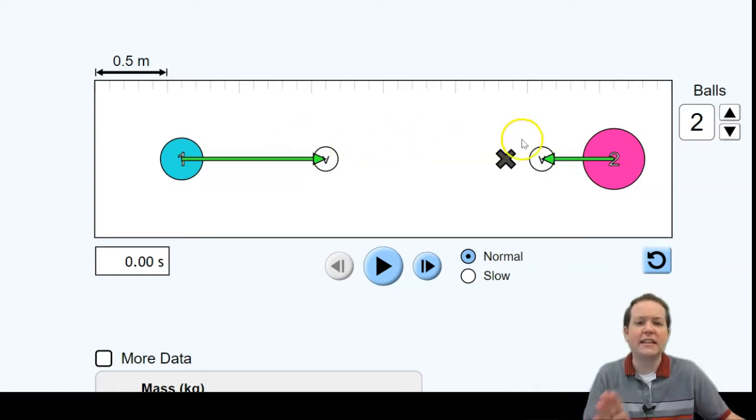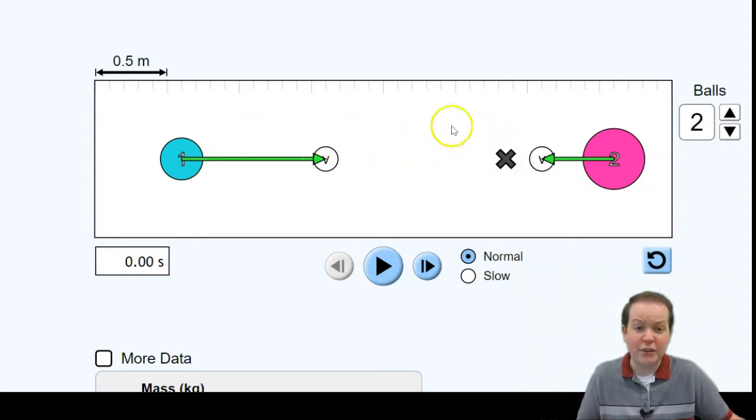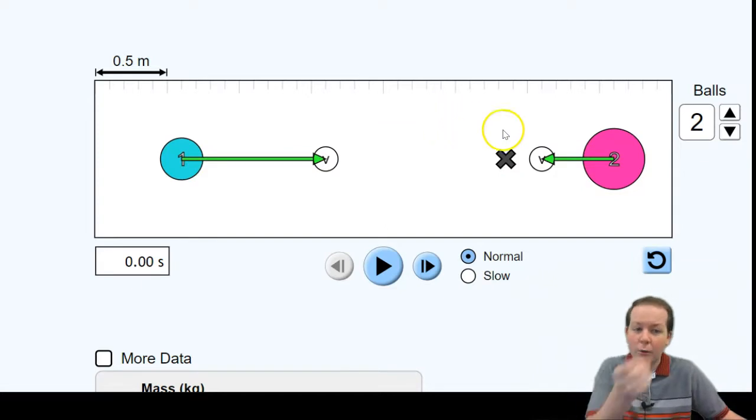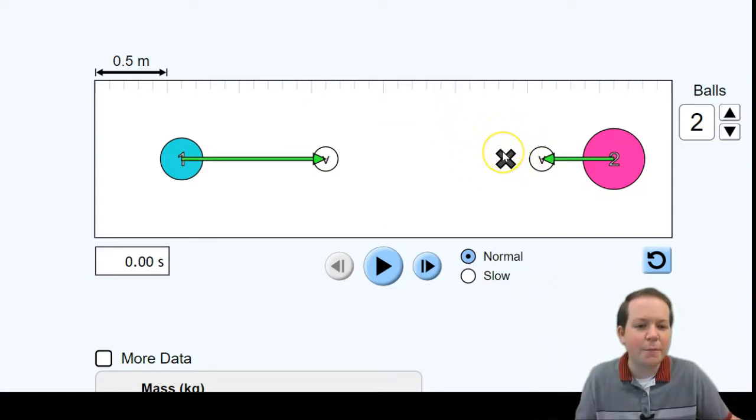So where is its average center of mass for the whole system? Just like we saw before, it's kind of shifted more towards that heavier object. Pretend these things were connected by a rod. Where would it balance? Well, right about here. This is where the center of mass is.